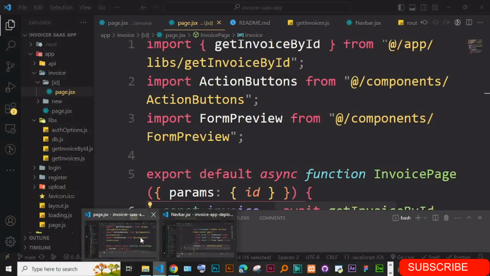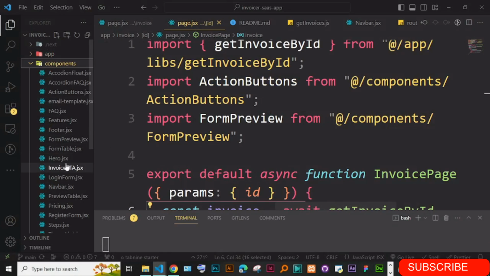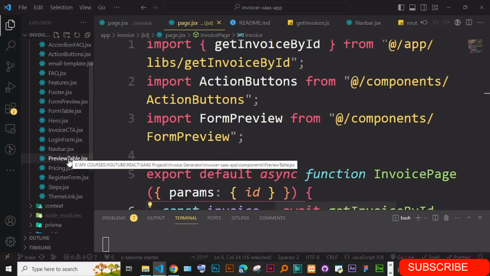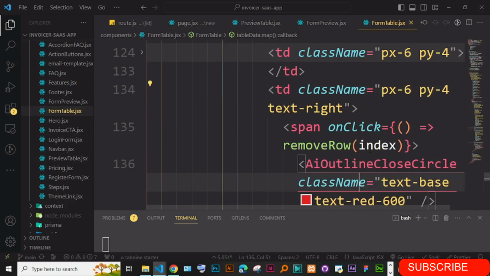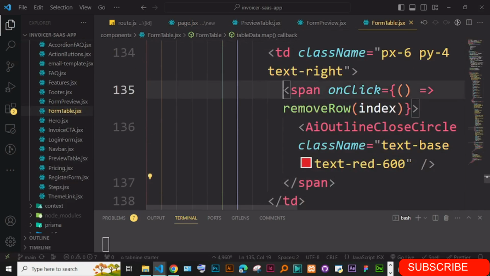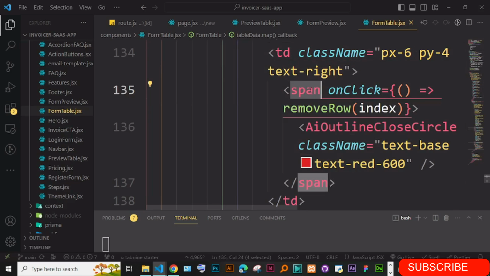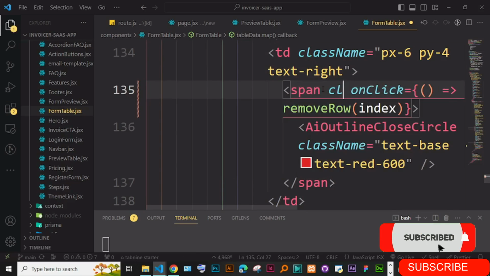So if I just go to the components and the table, let's see, we have the preview table, and then we have this form table. So in the form table, I changed this. You can see this span. Instead of the button, they were complaining that you cannot put a button inside the table. So I changed this into a span, and I think I should give it a class name,